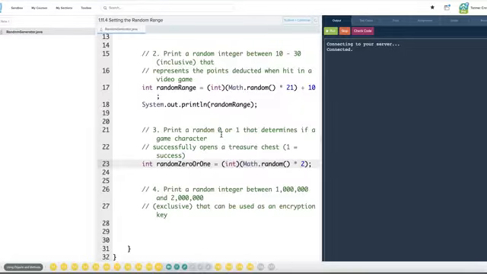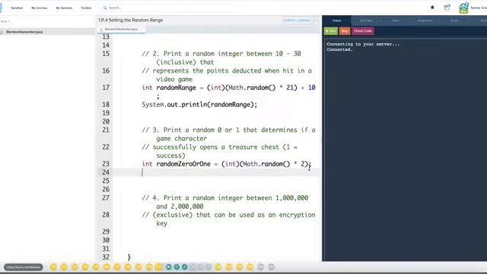And since it's 0 or 1, that's a range of 2. And cast to an int, this would be 0 to 1.9 repeating when we times it by 2. So then we print random 0 or 1,